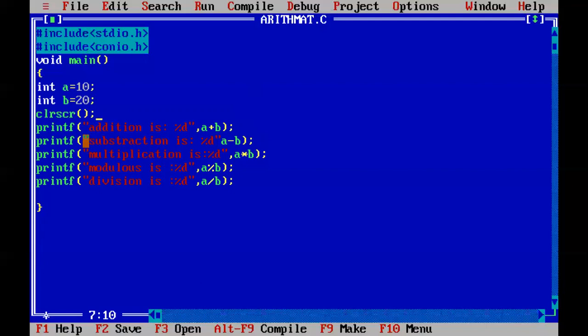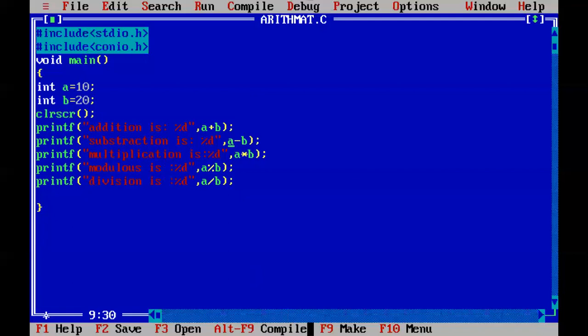It is the predefined function which is located in the stdio.h header file. Addition is percentage d, which is used to store the integer type value. Next, subtraction is, after comma you need to mention which operation we need to perform.